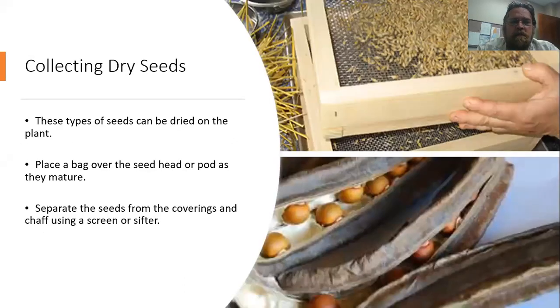It's a little bit more straightforward collecting dry seeds, and this would be things like beans, primarily for our gardens, things that are going to produce their seed in pods, and we can allow those seeds to just dry on the plant. One thing we want to watch out for is oftentimes as those pods mature, they're going to crack open for those seeds to fall out. So it's a good idea to place a bag over the seed head or over the pod as they mature. And that way, if they do crack open and those seeds fall out, they're not lost, they're just collected there